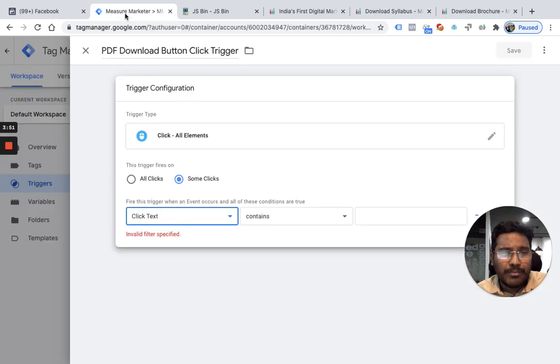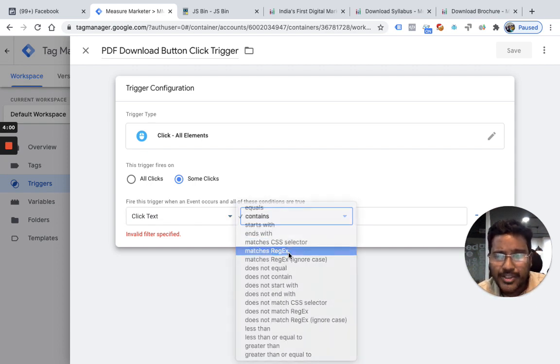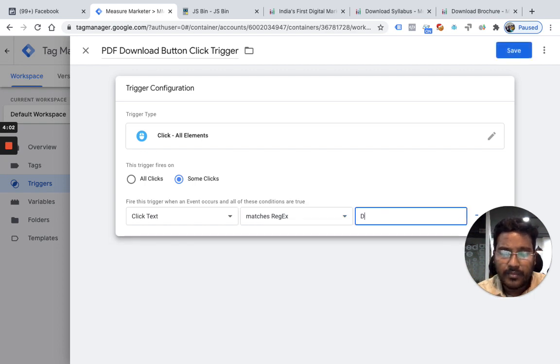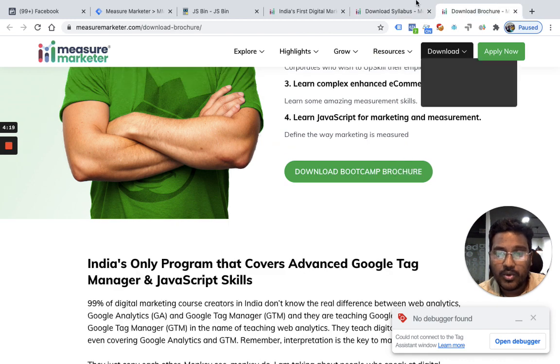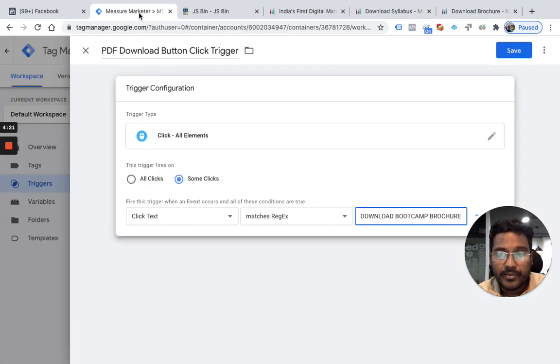So I'm going here and choosing some clicks, and I'll select click text matches regular expression. I want to check the text once: download bootcamp syllabus, download bootcamp brochure.